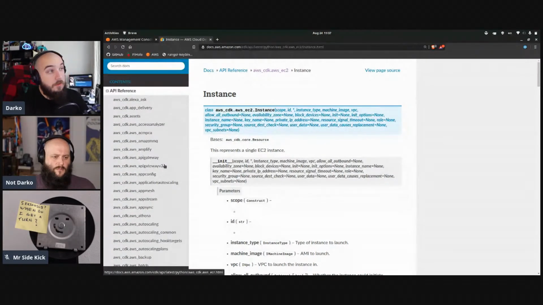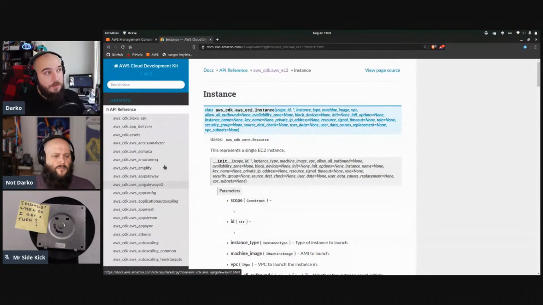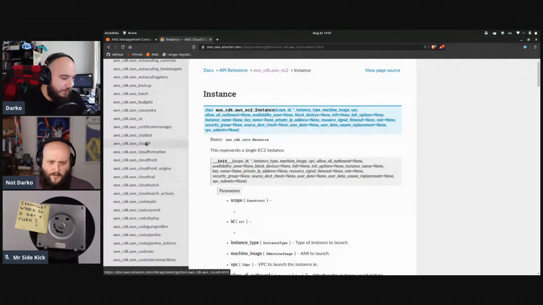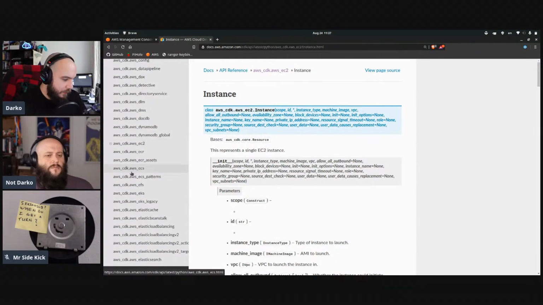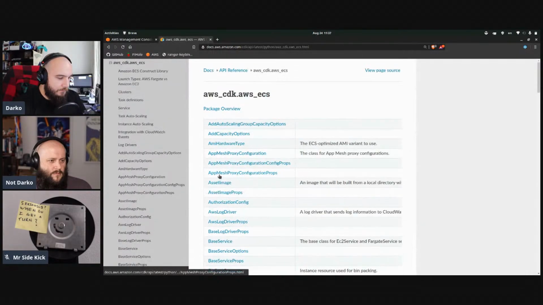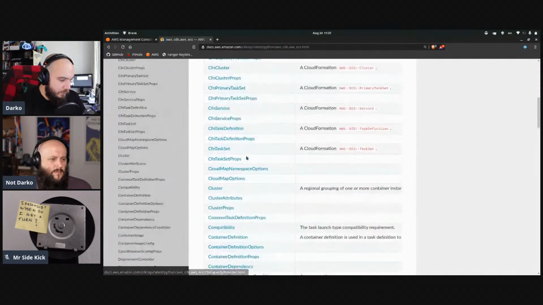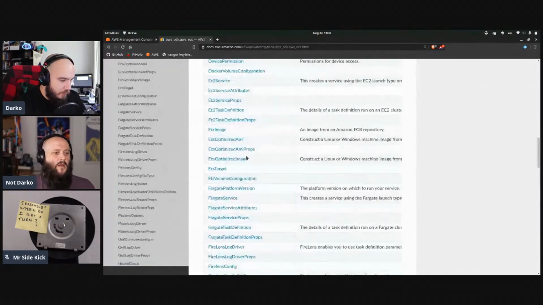So the documentation for CDK Python looks a bit different. It uses a different documentation engine, Sphinx. Yeah, so it's a bit different. It's basically using the same one as we use for Boto3. But if we're gonna be doing ECS here, one of the things you'll see here that sometimes